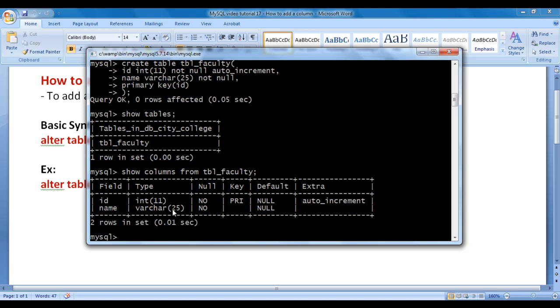I want to add one more column to TBL_faculty, that is the date of birth column. And how do we add a column to an already created table, guys? We say ALTER TABLE, then we write the table name. I say here TBL_faculty, then we say ADD, then we write the column name. I say here DOB, date of birth, then we write the data type of the column. I say here date;